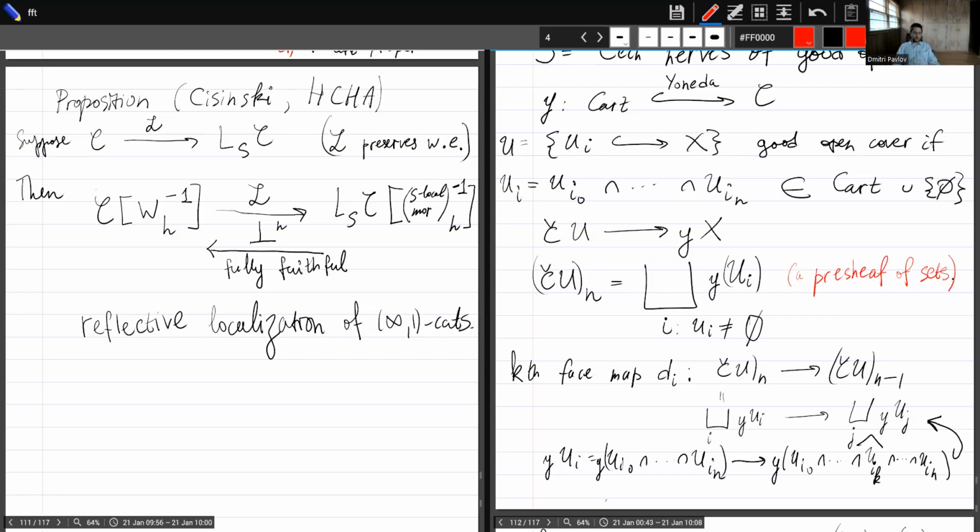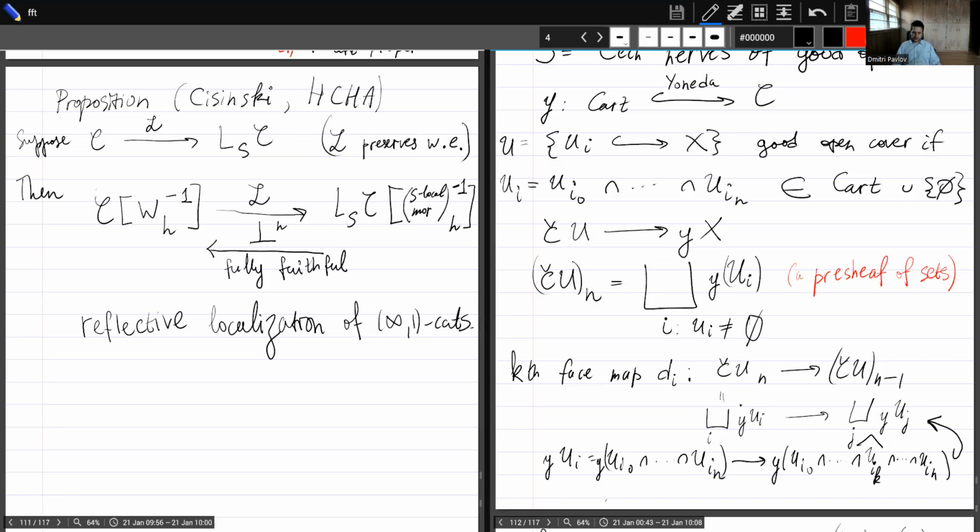And now all these individual pre-sheaves of sets can be organized into a simplicial object by declaring that the k-th face map, for example, will be a map from Č_n to Č_{n-1}. How does it work? Well, let's recall that both sides are a disjoint union of certain representable pre-sheaves of certain intersections, indexed by some multi-indices I and J of lengths n plus 1 and n